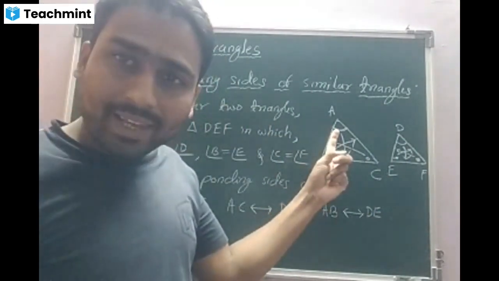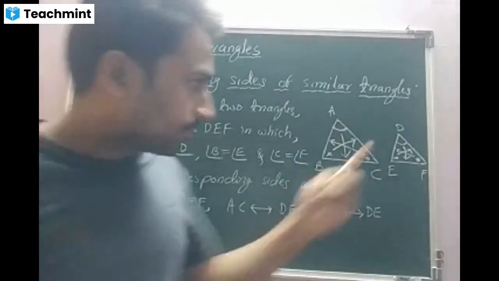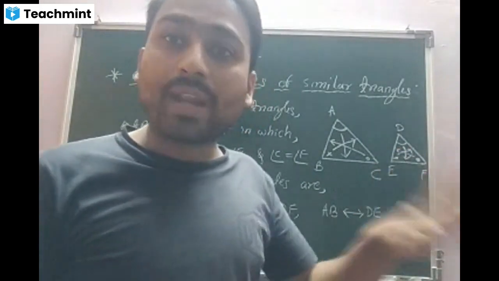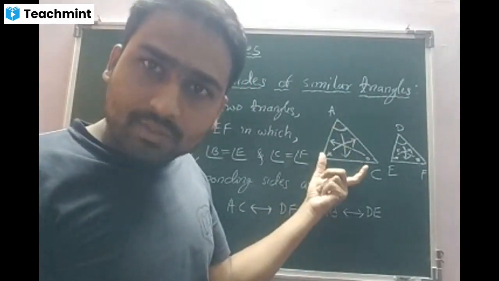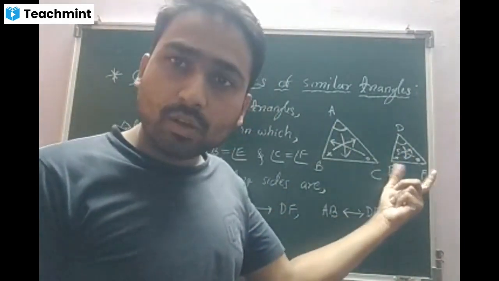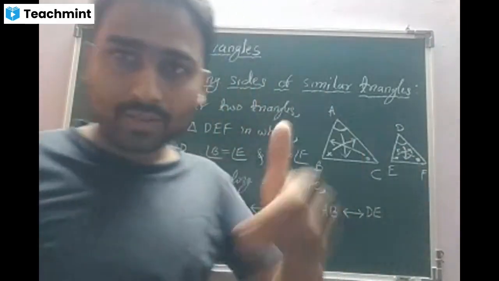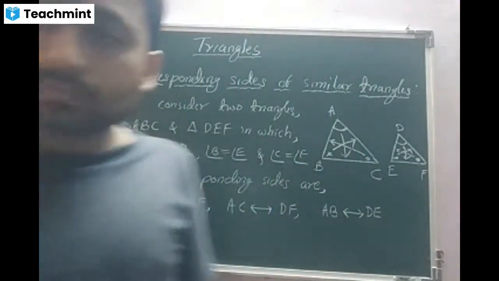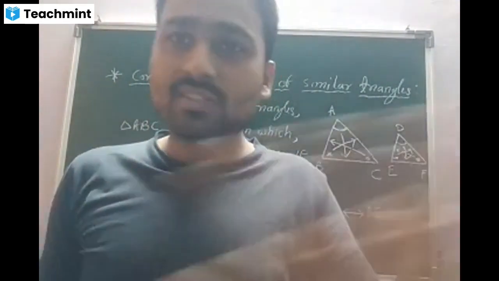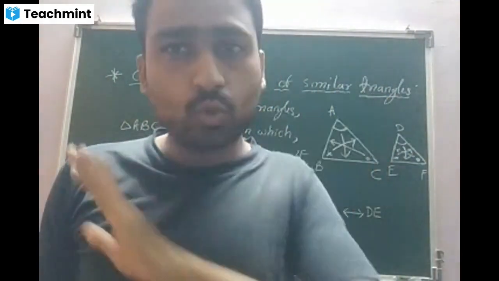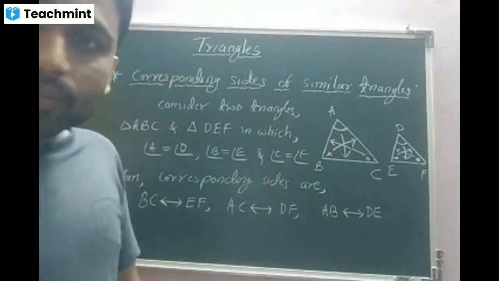Now, for angle A, BC is one enemy, dushman. For angle D, EF is one more enemy. Am I right, beta? For A, he is a dushman. For D, he is a dushman. So, dushman ka dushman dost. That is the meaning. BC corresponds to EF. Is it clear to everyone, beta? Yes, sir. So remember this funda, this principle, throughout this chapter. Dushman ka dushman dost, and you will understand the topic completely. Got the concept? Yes, sir. Okay, have all of you written, beta?